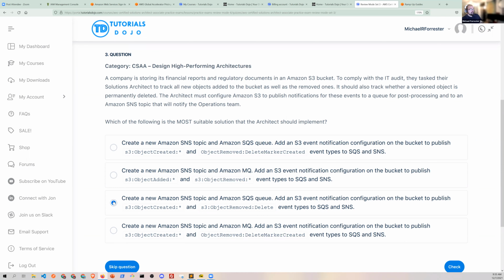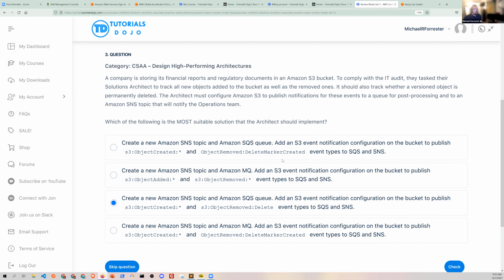So if I were just to speculate, the first thing to think about is that it's probably going to be either create an SNS topic and Amazon MQ, or this other one that says create an SNS topic and an SQS queue. The reason is that Amazon MQ is kind of a platform as a service and a little bit less of a SaaS, which is what SQS is. So you've got to know that about the services if you want to get that kind of question. Now, what happens is that we now need to compare these two answers, 1 and 3.